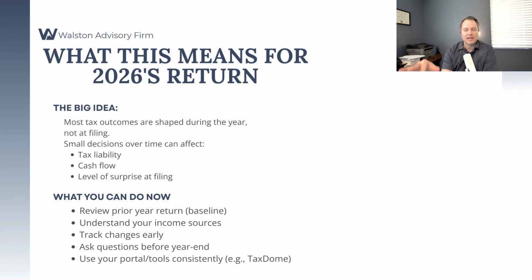Going through your tax return can help you understand your income sources as well. So if you've got a lot of interest income, or you have some capital gains or dividends or other things beyond W-2, or you've got some different businesses, going through your tax return can help you understand that and what kind of things to look out for as the year goes on, to ask questions about. And then track changes early, like communicate, figure out what's going on, understand what things need to be communicated, ask lots of questions, and then use us. We're here to help you. We've got a portal for you to upload documents and tools and things like that.